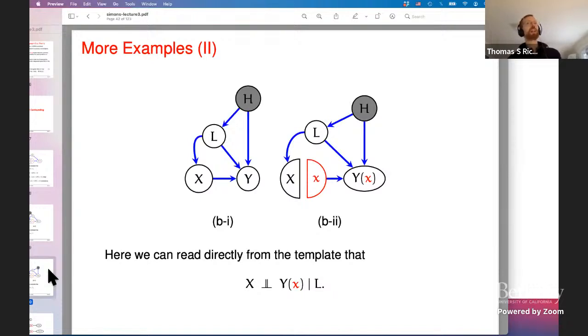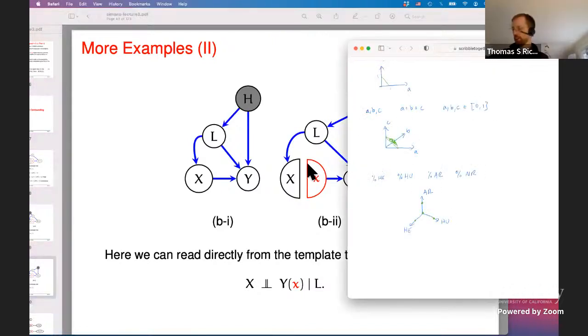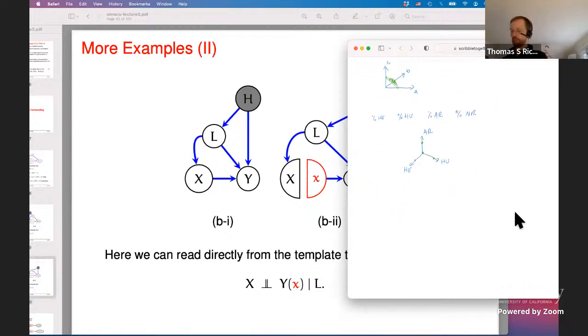And even more strikingly, and this is sort of contrary to things that you might read in some econometrics textbooks, you can also see that if I had a confounder between L and Y and an independent confounder between L and X, and I didn't have these two edges. You see, let me just draw this. Okay, so if I had a graph that was X, L, Y, H1, H2,